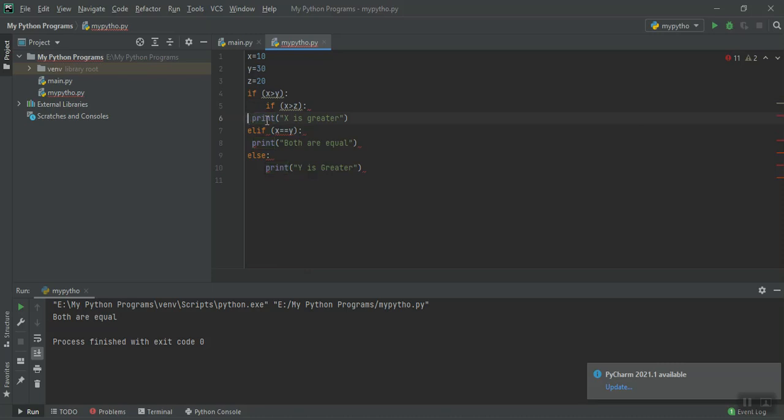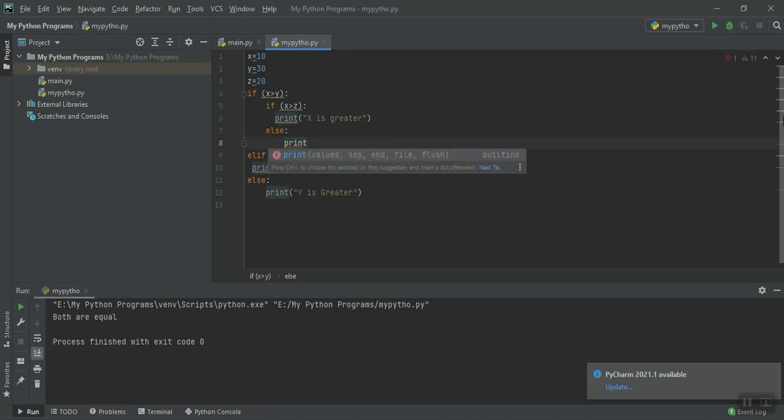If x is greater than z, print x is greater. Else, this else must come in the same line. Else, print z is greater.